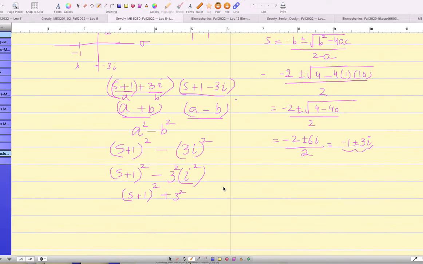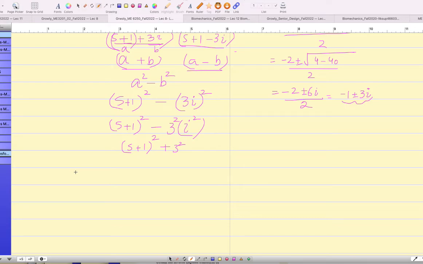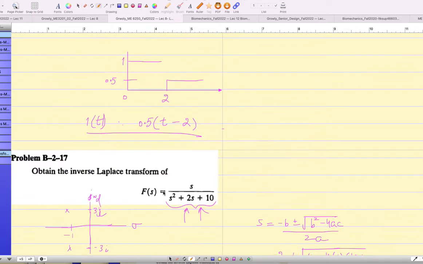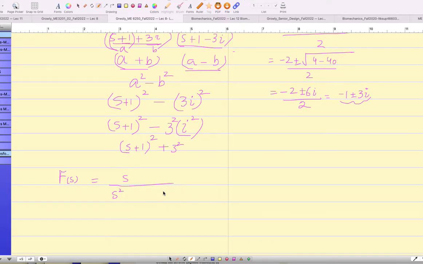Okay, let's write down the formula again. I'm going to write down the question here in the Laplace domain: s over s squared plus 2s plus 10. Now you would see I can write this down as